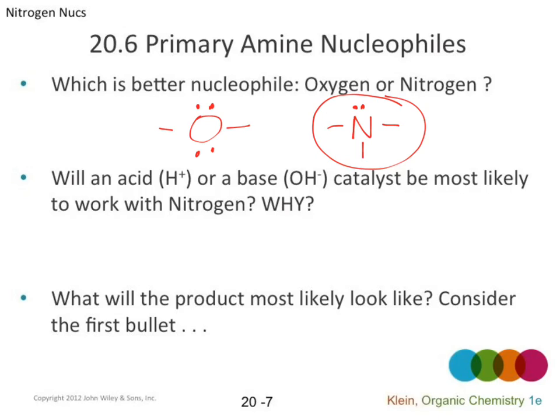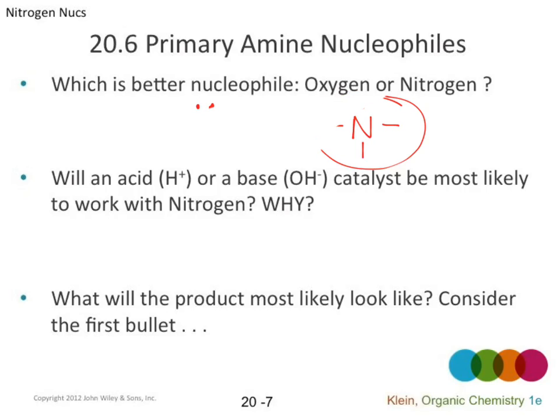We had to have another alcohol come in and attack because it's not as nucleophilic. Nitrogen, on the other hand, is much more nucleophilic. So what ends up happening after the first attack? We still get a second attack, but that second attack comes from the same nitrogen. Okay? So instead of now swapping between,